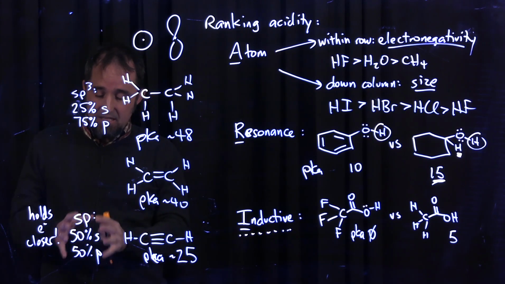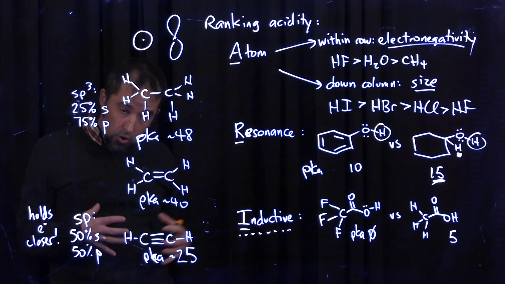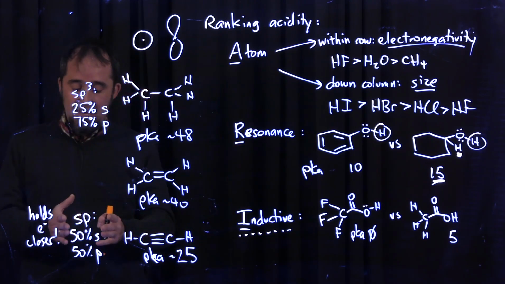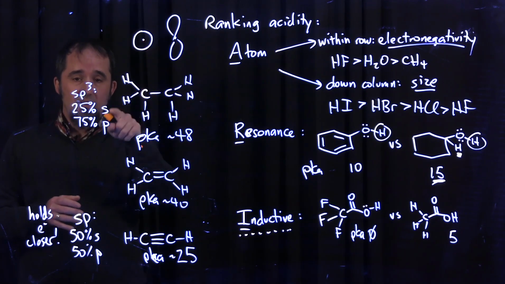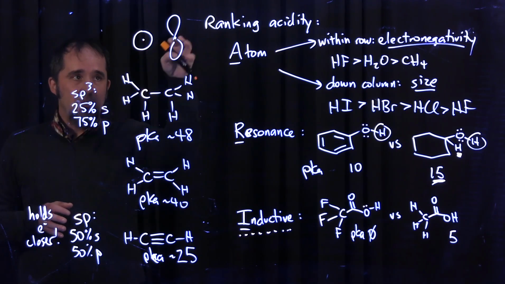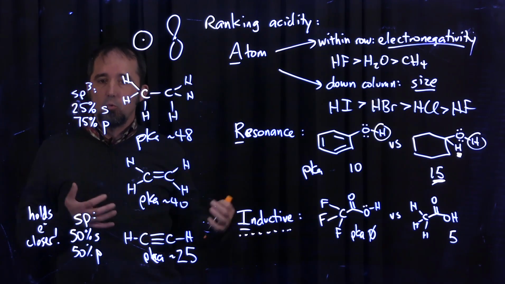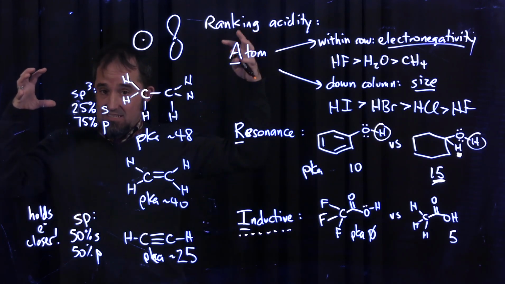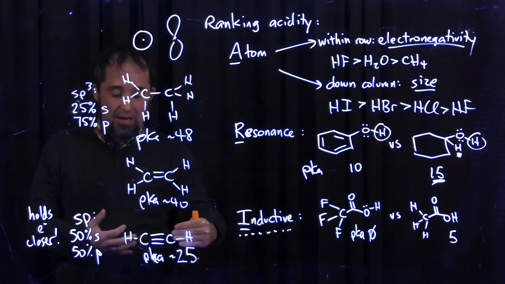This sp carbon is going to be able to hold electrons closer to its nucleus because it has more s character. It's more like this one. This one, it's much more likely to have those electrons diffuse and spread out, and so it's going to do a really bad job at stabilizing some negative charge in a conjugate base